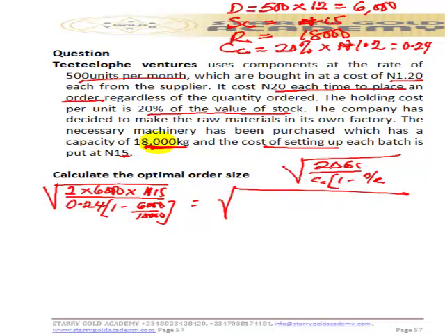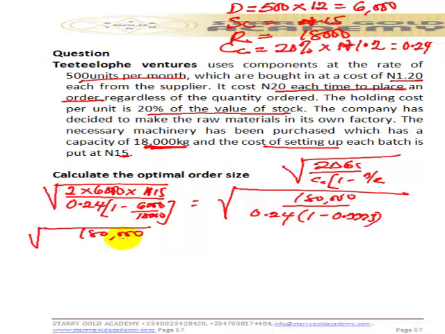2 times 6,000 times 15, that's 180,000. Then 1 minus 6,000 divided by 18,000, that's 0.3333 to approximate. So I'll have 180,000 divided by 0.24 times 1 minus 0.333, that is 0.16. I decided to solve in steps, not jumping anything. So 180,000 divided by 0.16 will give us 1,125,000. Then the square root of the answer,